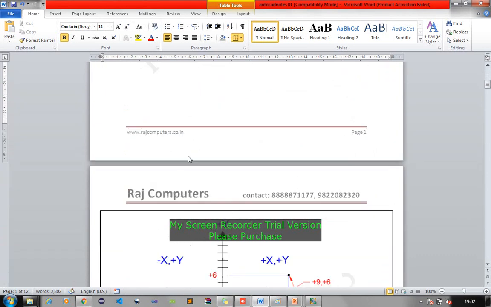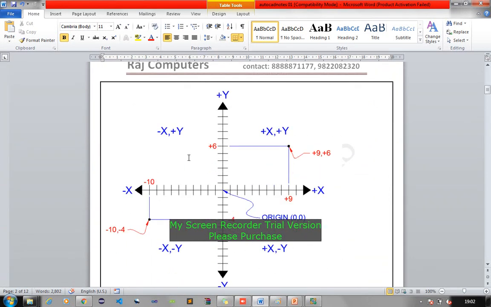So how do they look? See, if I consider this basic diagram of geometry, this is my Y axis and this is my X axis. Normally we work in this part of this area, that is the topmost right side, and this is always positive. So we say X in positive format, Y in positive format. This is our origin, so we call this origin 0, 0.